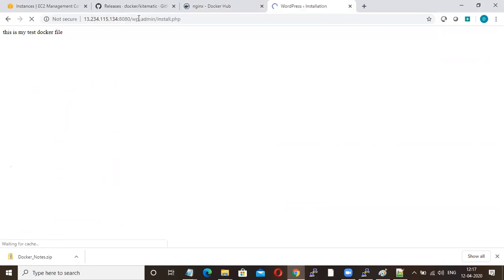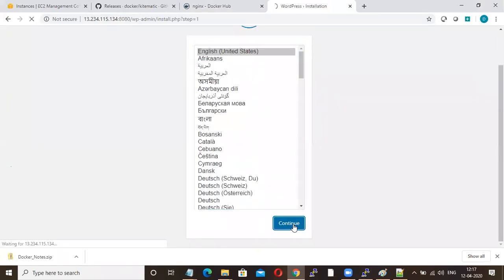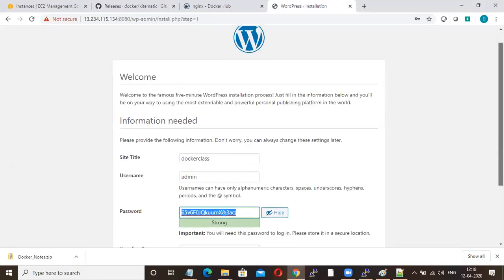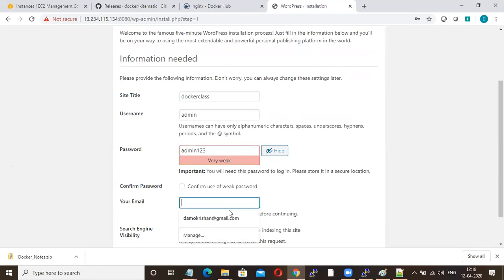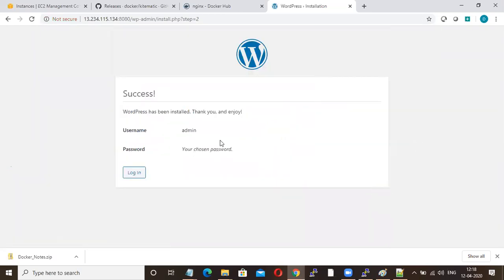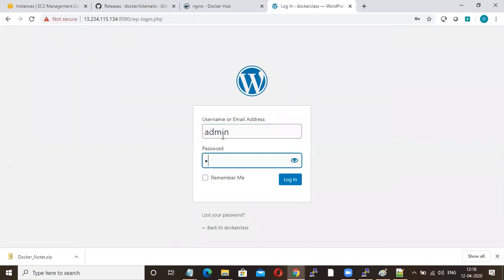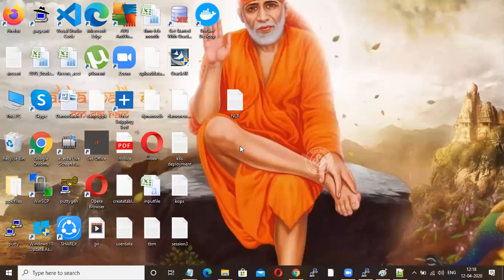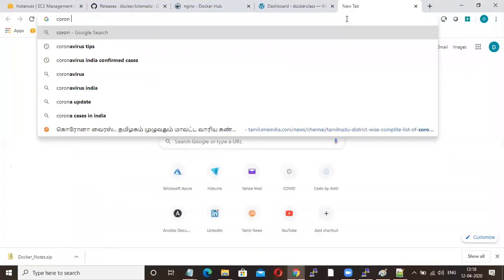Here you have to give your site title as Docker class, username admin, password admin123. Now any image, our trending one.